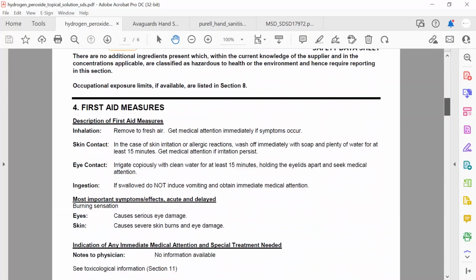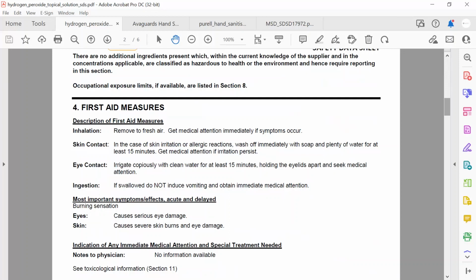For first aid measures, it tells you to move them to fresh air and get medical attention immediately if symptoms occur after they've inhaled it. For skin, you want to make sure that you're washing off with soap and plenty of water for at least 15 minutes. Then for eyes, you want to irrigate for at least 15 minutes. And so that's why it's important to have eye wash kits nearby, and also then